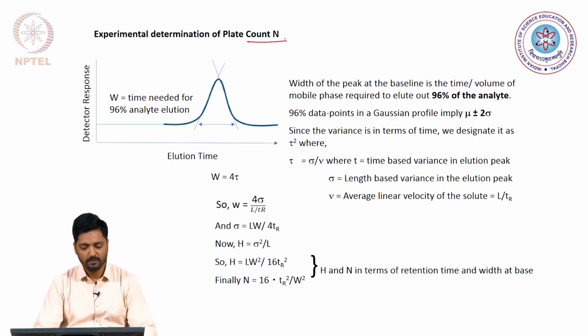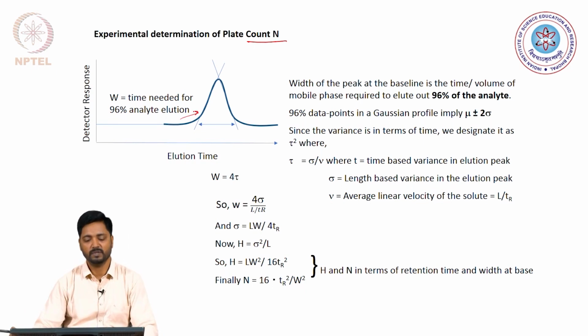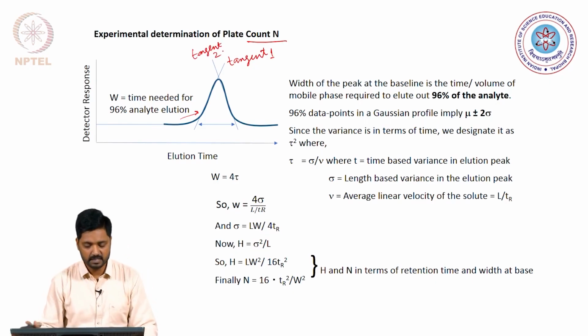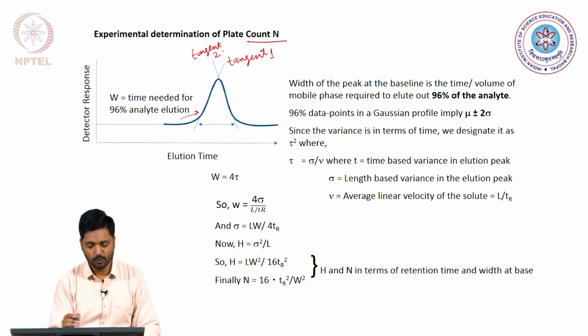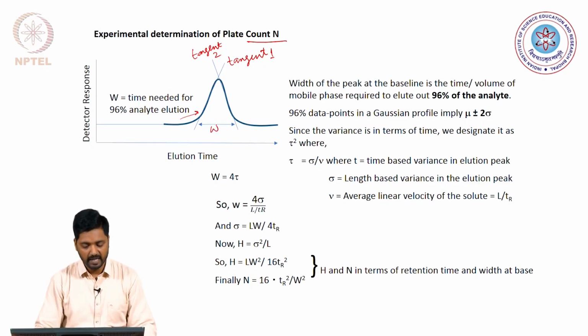For that, we simply take the Gaussian error profile of the elution of the analyte and we draw two tangents, which are already drawn here, tangent 1 and tangent 2, and these two tangents essentially provide the width at the baseline that this Gaussian profile makes, and this width is